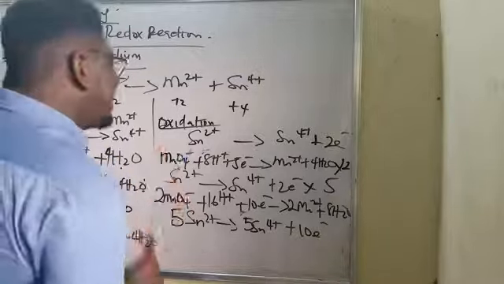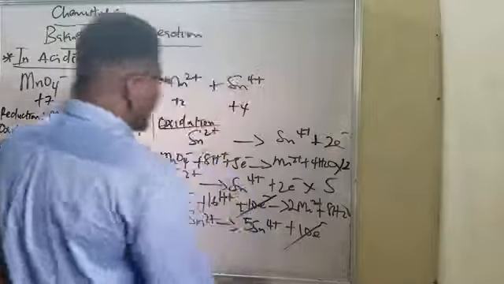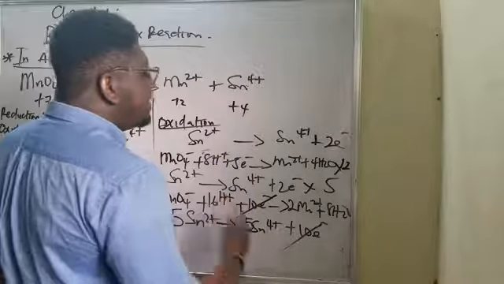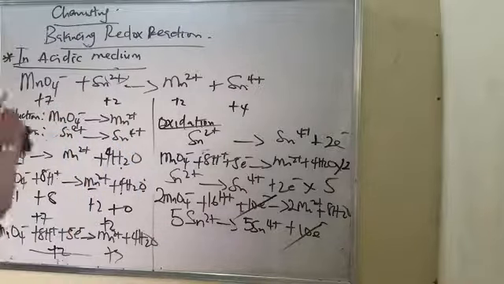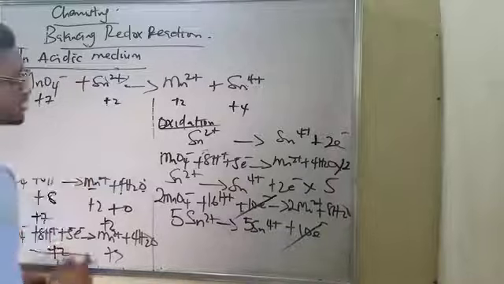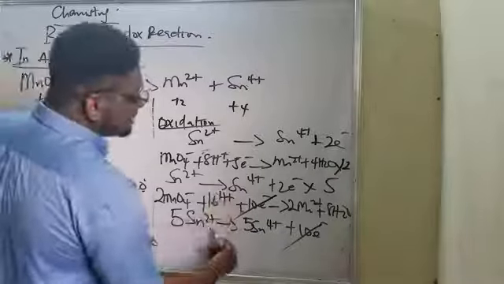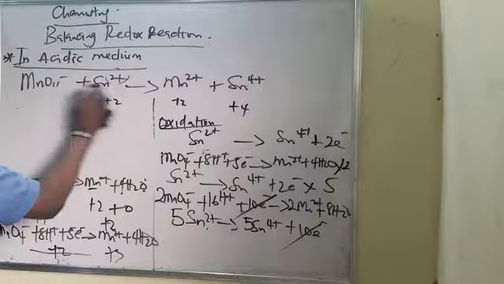The reason why they can be cancelled out is because they are on different sides of the equation. So this cancels this, and what am I left with? Combining the equations, you put the reactant side with the reactant side and the product side with the product side. So the overall equation